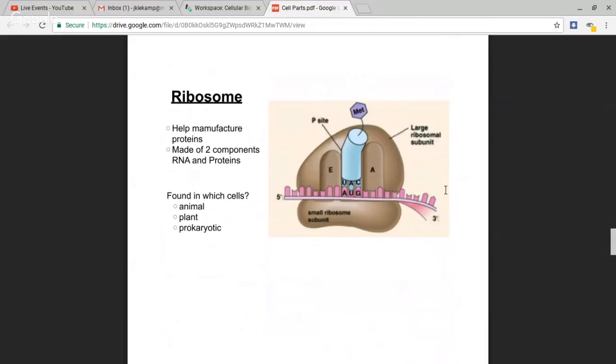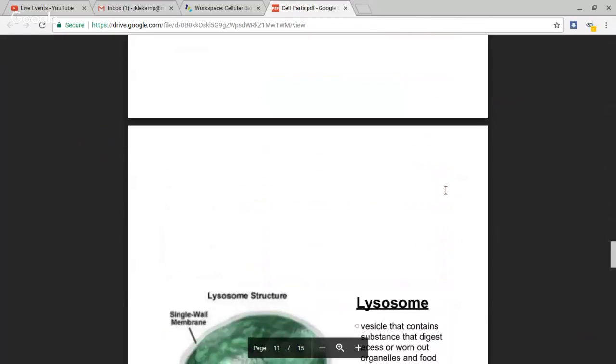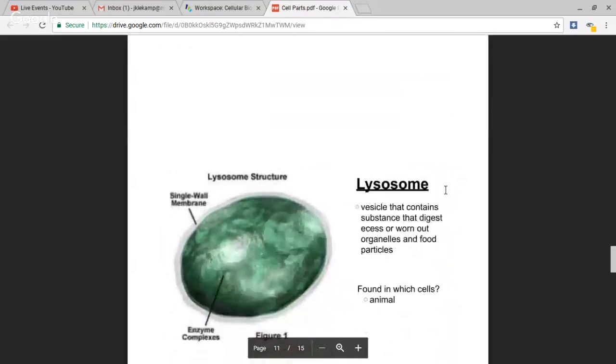This is where RNA translation happens after it has come from the nucleus. The mRNA strand, the messenger RNA, as it was transcribed through RNA transcription in the nucleus, comes out to the cytoplasm where the ribosomes are. This is where our protein synthesis happens, whether it be out in the cytoplasm or in the